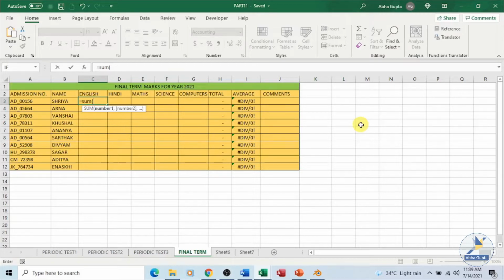So either you can type it manually, you can type the name of the sheet, periodic test 1, and the cell which you are referring to, or you can go to that particular sheet and select. For example, I have data on periodic test 1, and the name of the sheet will be enclosed within single quotes. So we have sum over here.